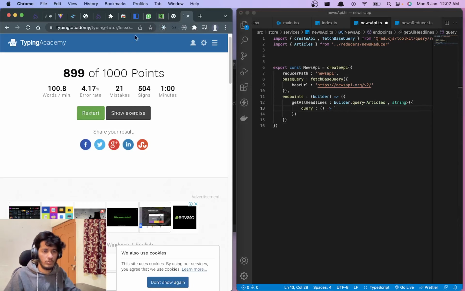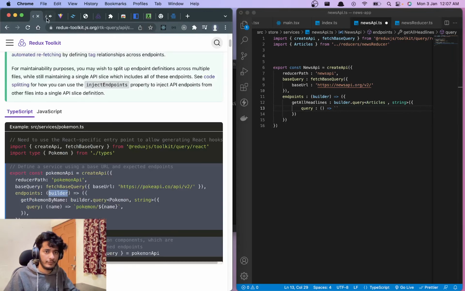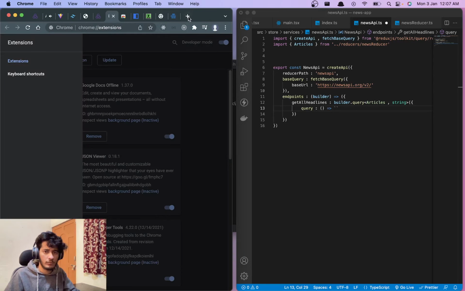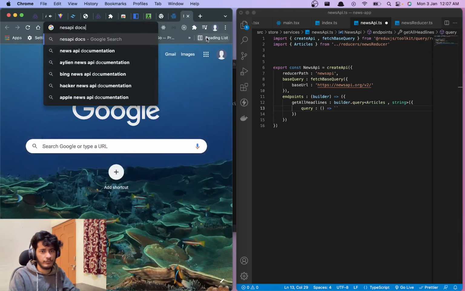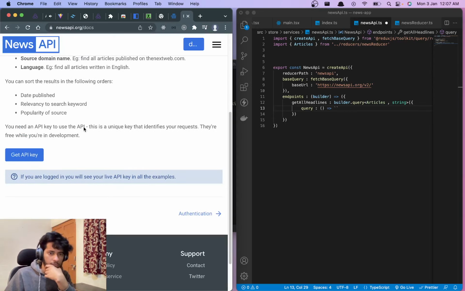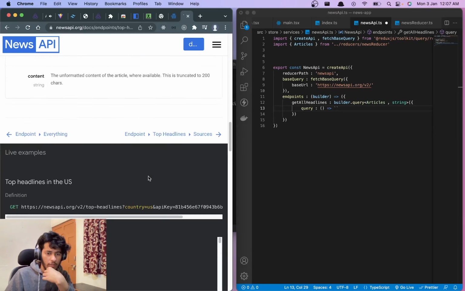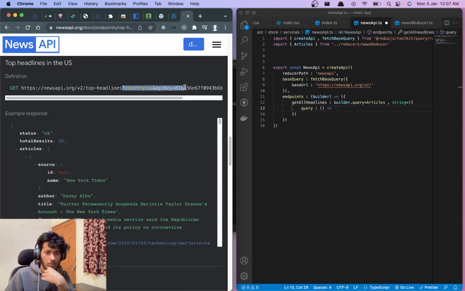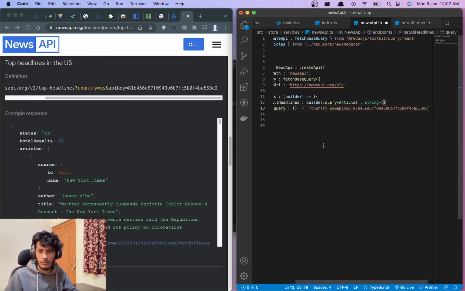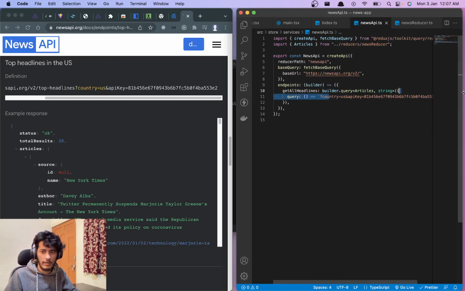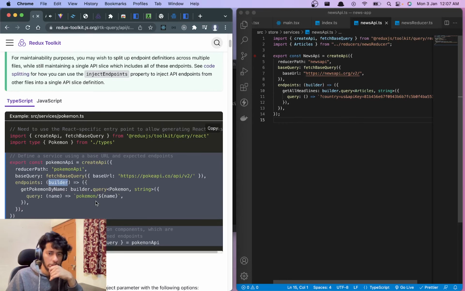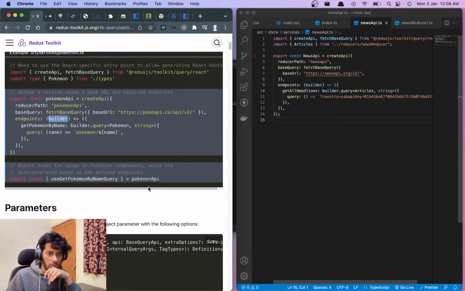Now you can pass any query over here. What we'll do is we'll go to News API right now. Right. So if you see, this was our headline, right? So this is the URL through which we can get all the headlines, which is this one. This is a get call, right? Okay. We can export this.